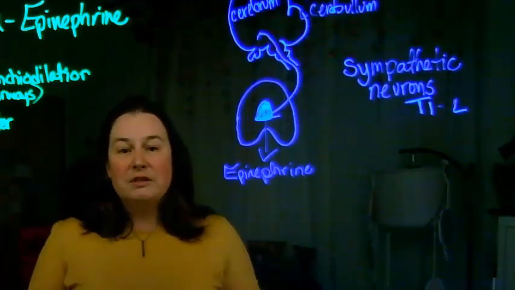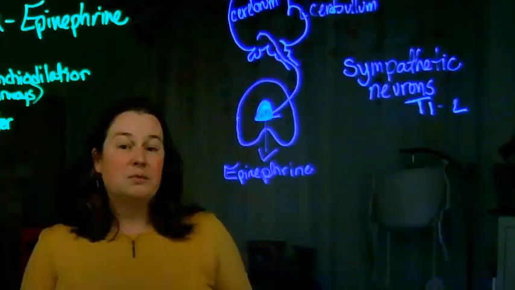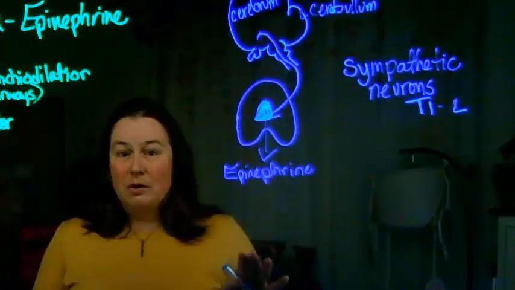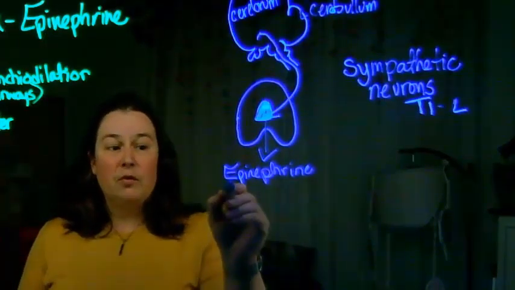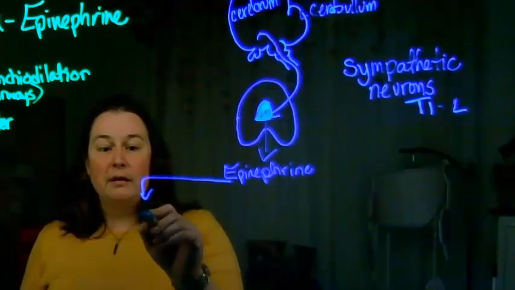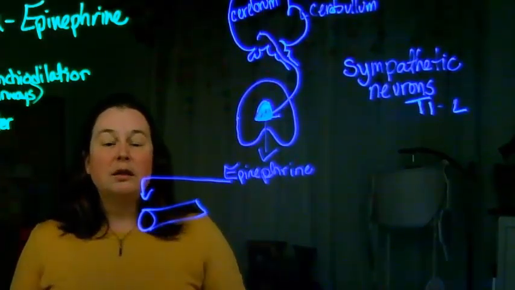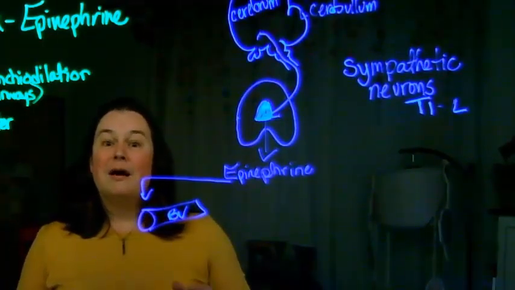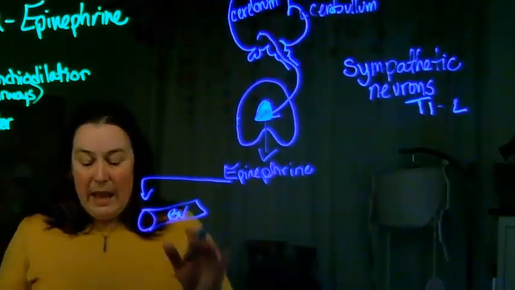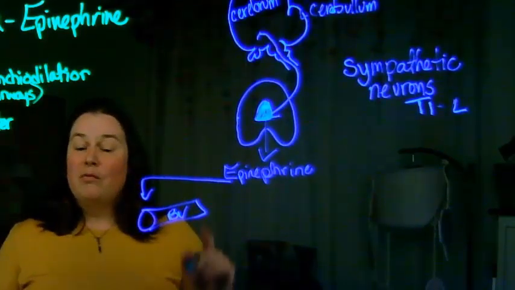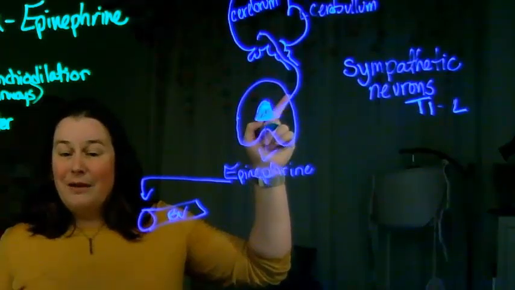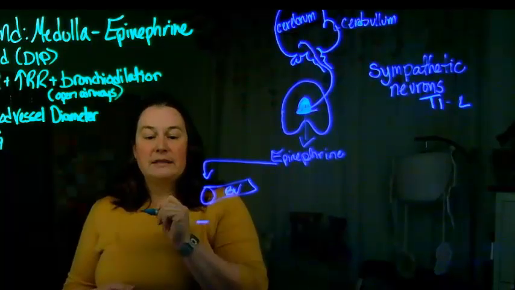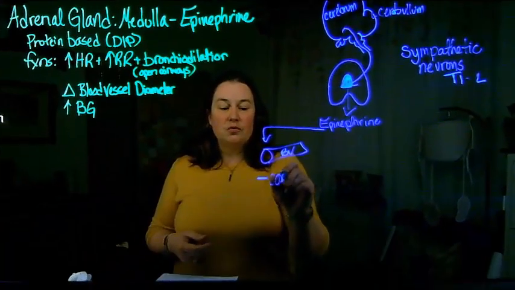And so we have all these various types of receptors that have the ability to respond to this hormone when it is released. Depending upon the receptor, and the receptor specifically that we're looking for with this reaction is blood vessels. So we're going to draw a little tube like this, and we're going to write BV on it to remind ourselves that this is the blood vessel. And the effect that we see in the blood vessel, we already wrote in the upper left-hand corner of the screen. So one of the things that's going to happen is that the blood vessel is going to constrict